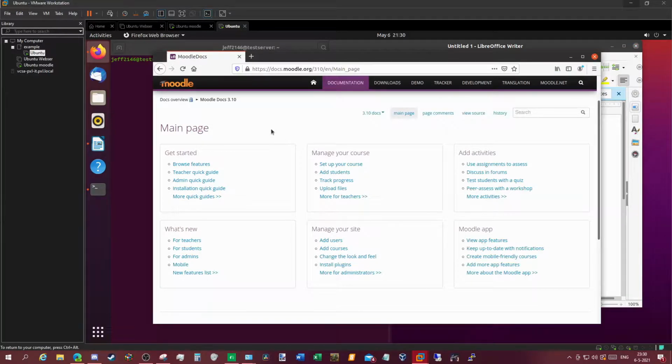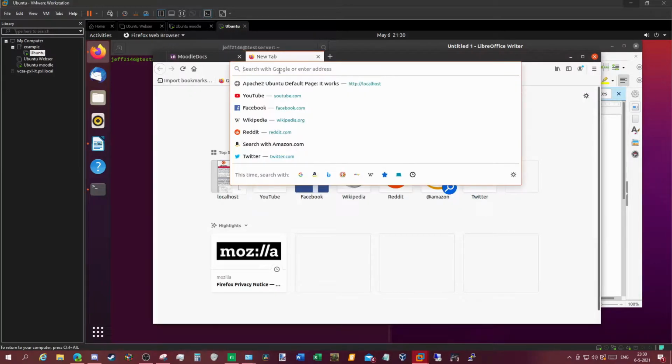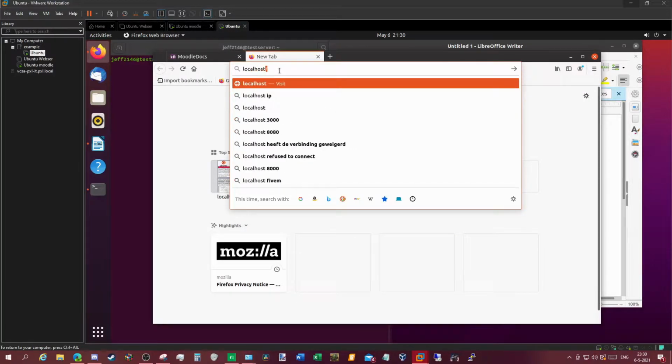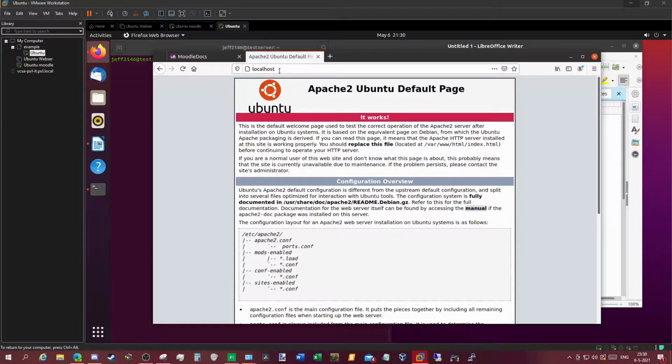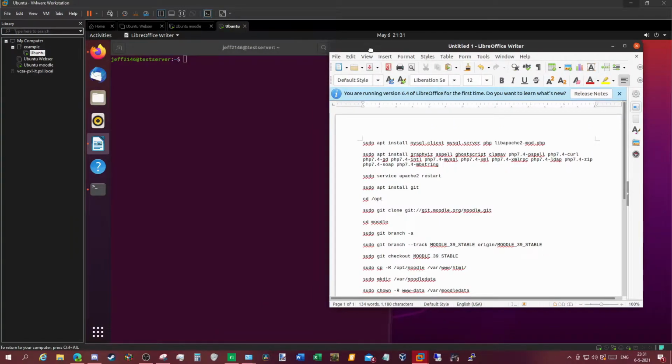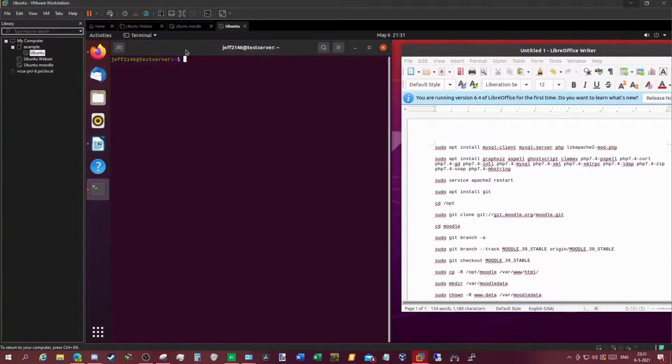Now, one of the prerequisites we're going to be installing here is Apache. We have already installed Apache in a previous video, which I will link down below, and we can very easily check if it's still working by just going to our localhost and getting this screen. So, without any further ado, let's dive into the command line and start off with the